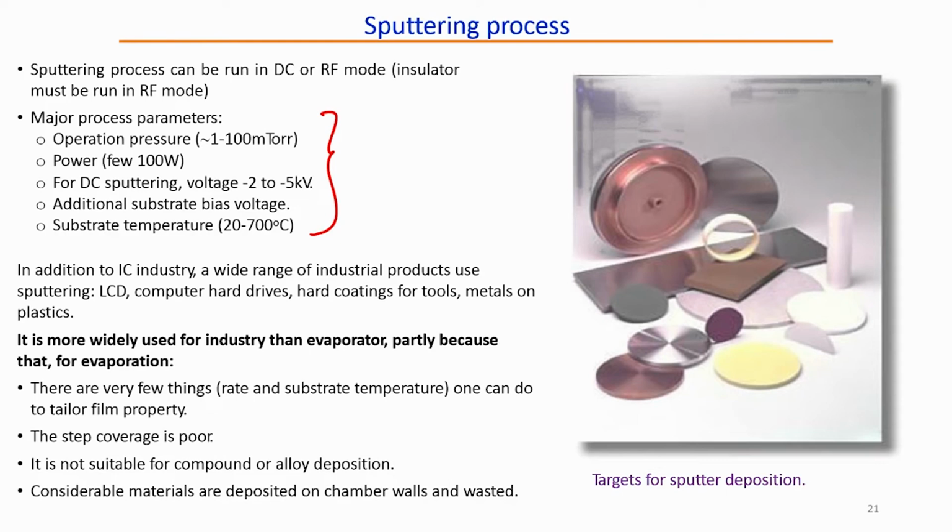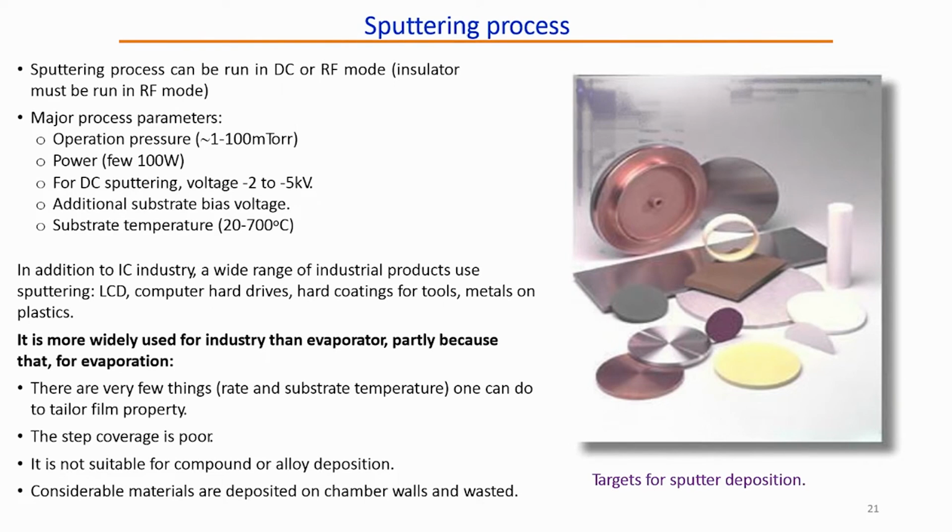Sputtering is one of the most used equipment in thin film deposition. In addition to the IC industry, several other industrial products use sputtering, whether it is computer devices or hard drives, hard coating for tools, metals on plastics, LCD, and